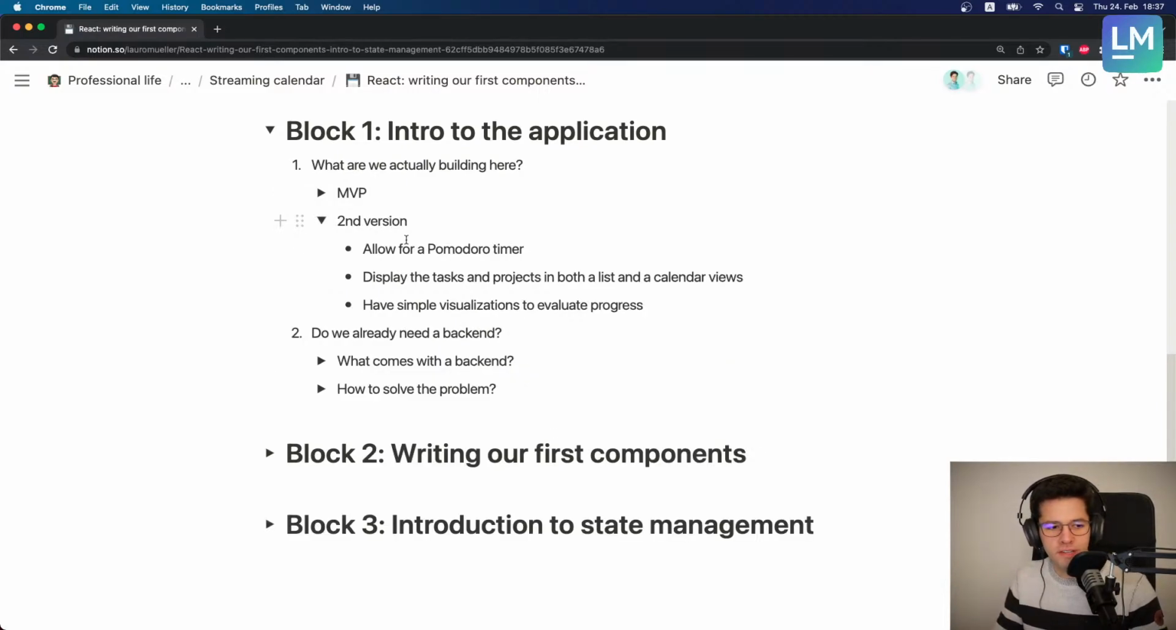And I would like to have a Pomodoro timer integrated into the app so that whenever I start with a task, I can easily or seamlessly use a Pomodoro timer. Would be nice to have a calendar view as well. So in addition to the list, also have a calendar view and some simple visualizations, maybe some charts or something that we could use to see our progress and how, let's say, our